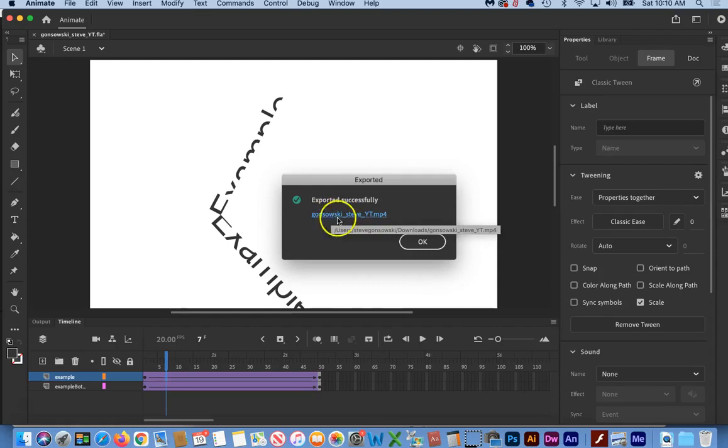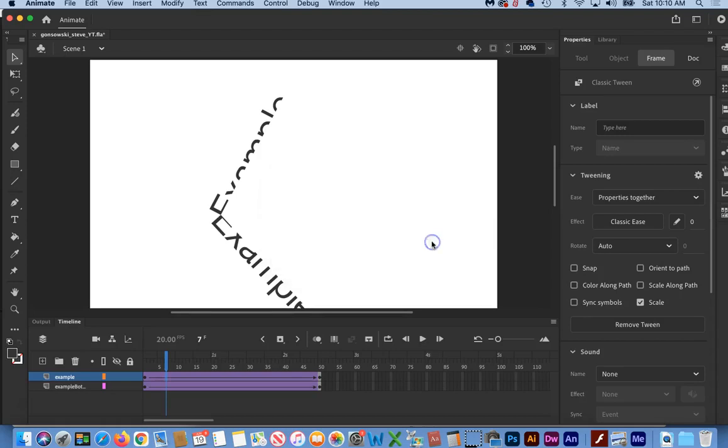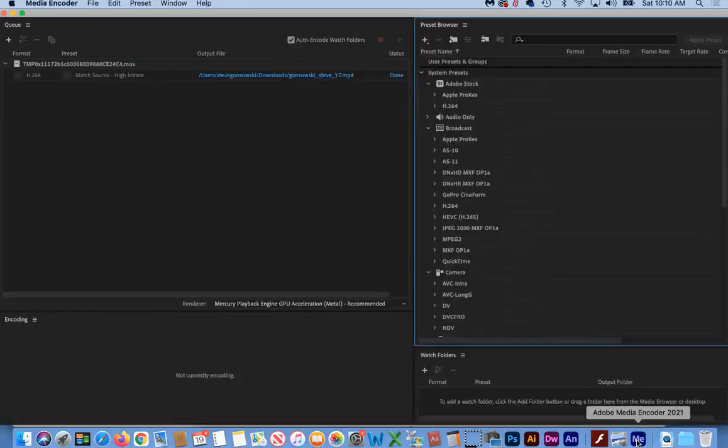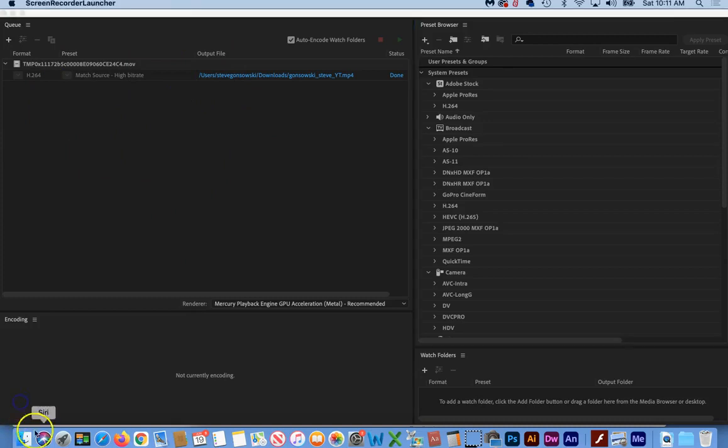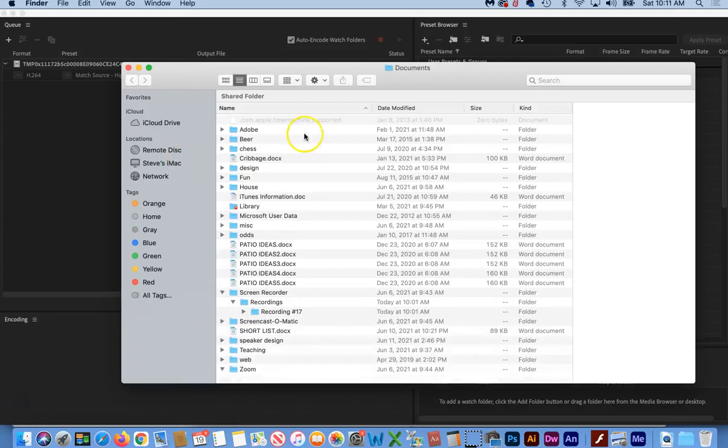So you can see that for me, that is inside of my downloads folder. So that's very friendly. Let me just show you something before we move on. Inside of Media Encoder, which is now opened, just in case your animation did not start to convert on its own, there may be a play button that shows up somewhere in here. Usually it's in this screen right here, and you might have to click on that play button to get the process started. So I'm going to go to my downloads folder,